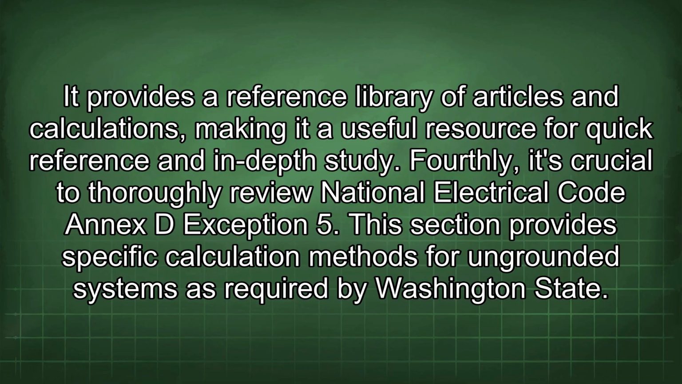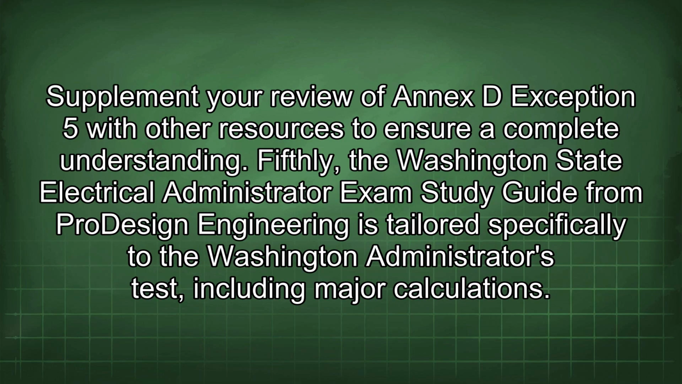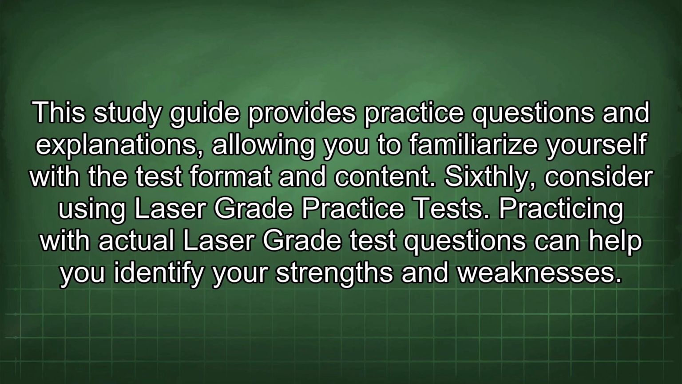Fourthly, it's crucial to thoroughly review National Electrical Code Annex D Exception 5. This section provides specific calculation methods for ungrounded systems as required by Washington State. Supplement your review of Annex D Exception 5 with other resources to ensure complete understanding. Fifthly, the Washington State Electrical Administrator Exam Study Guide from Pro Design Engineering is tailored specifically to the Washington Administrator's test, including major calculations. This study guide provides practice questions and explanations, allowing you to familiarize yourself with the test